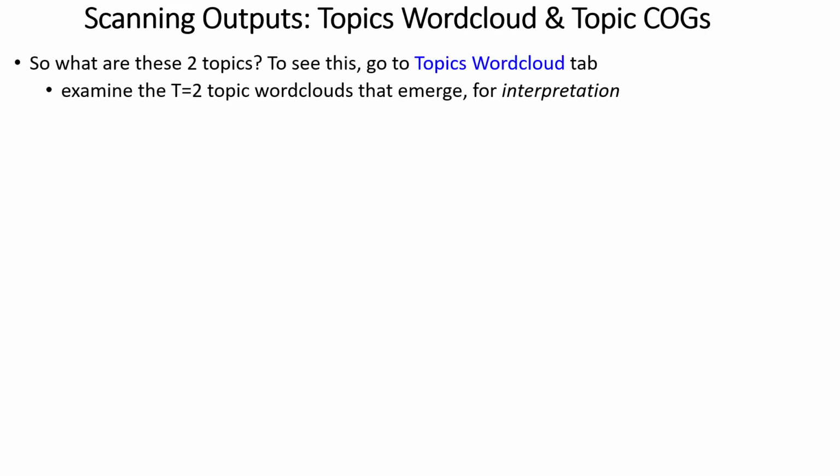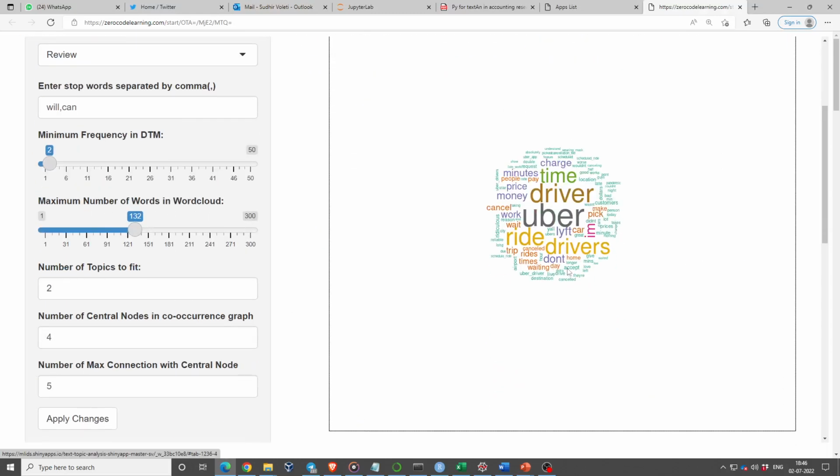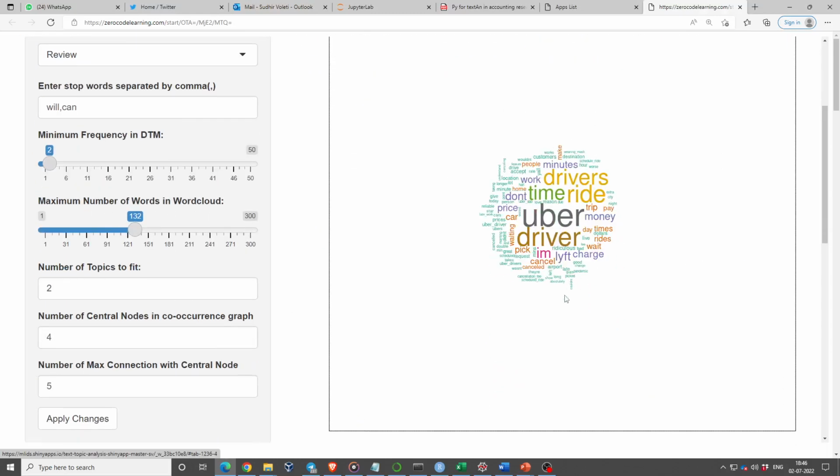Okay. So what are these 2 topics? And to see them, let's go to the topics word cloud tab. Because we have set T equal to 2 topics, we will expect 2 word clouds to come. This is the first word cloud. Just looking at it clearly,